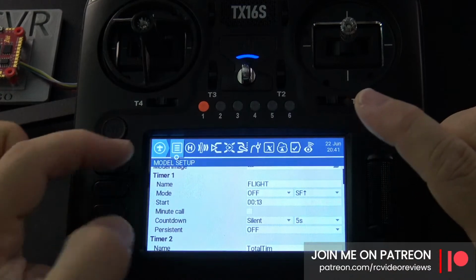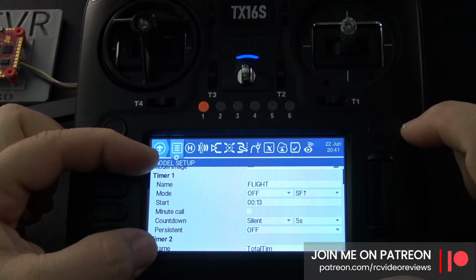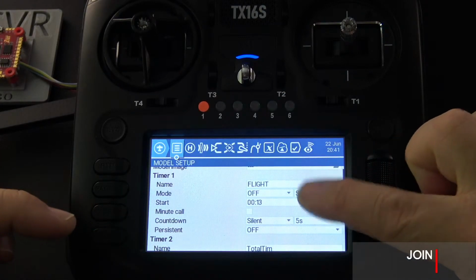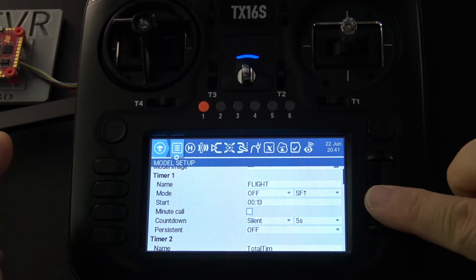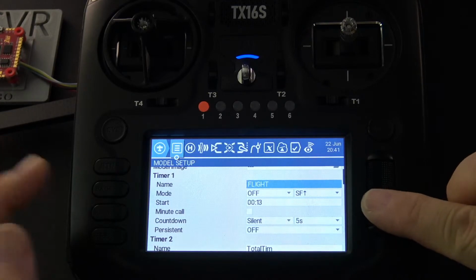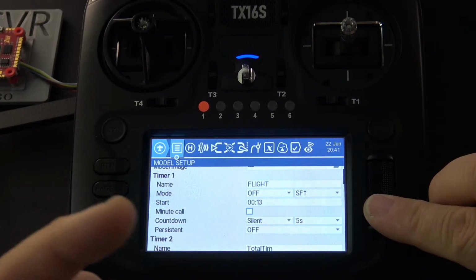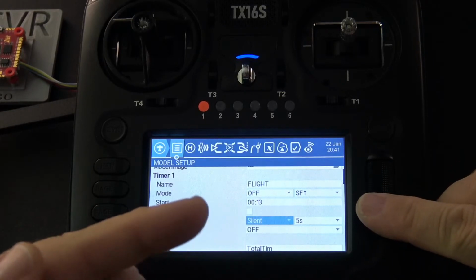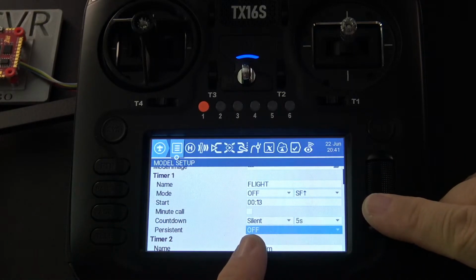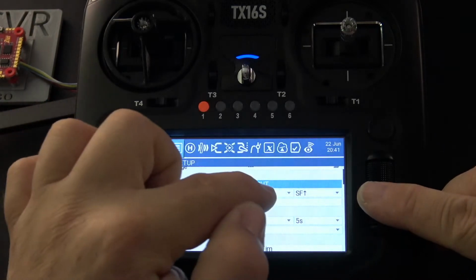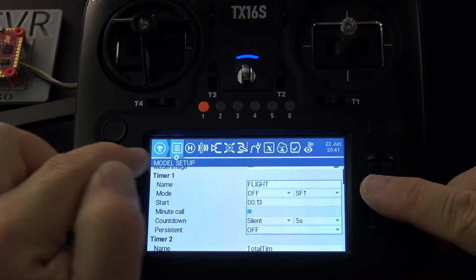Now, let's say in timer one, so notice in timer one, we've got timer one that starts here and kind of ends there, right? So if I click on this field, what happens is I wind up, and when I first did this, I thought it was a bug, but it's not. It was by design. I just didn't know that. So notice what happens as I scroll. We get down here to persistent and it scrolls back up to the top.